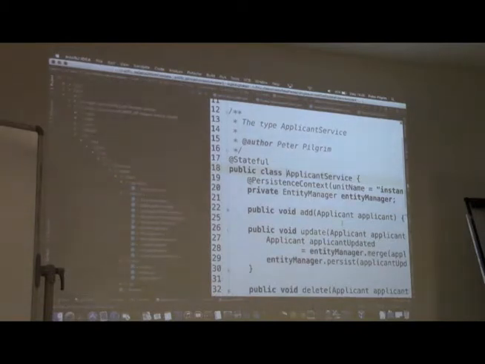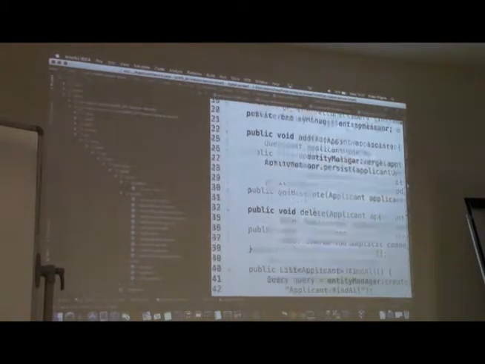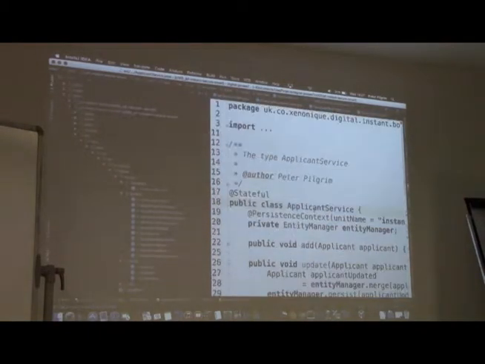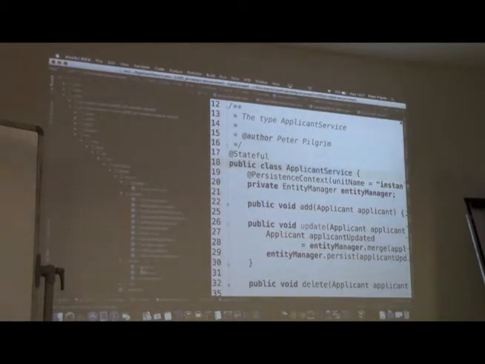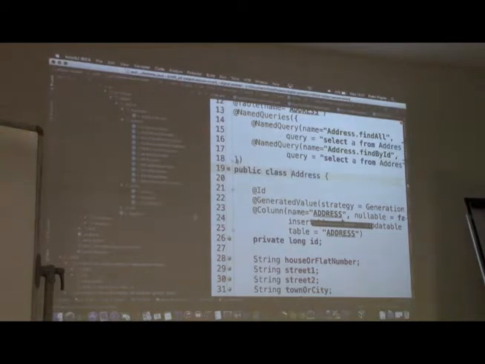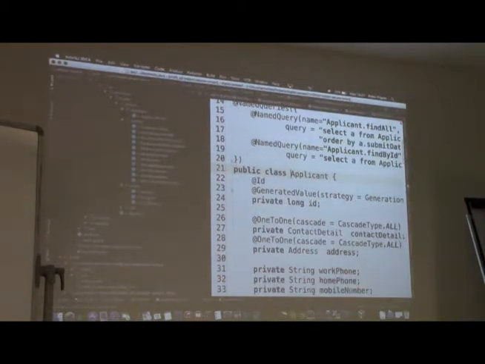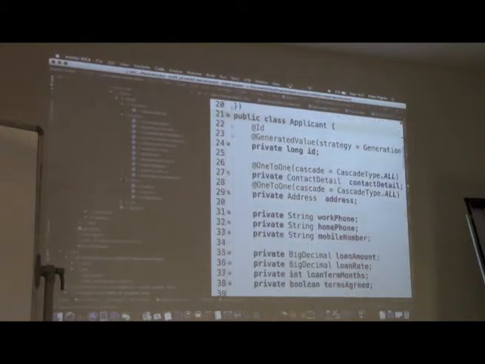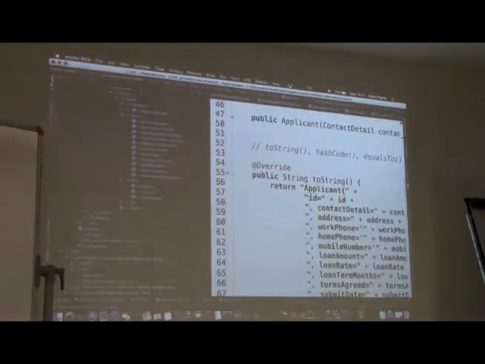Oh yes, it's a stateful session Java Bean, and it has the entity manager. Yes, so it's doing the persistence, and your entities are, I guess, addresses, the applicant, which is a whole bunch of